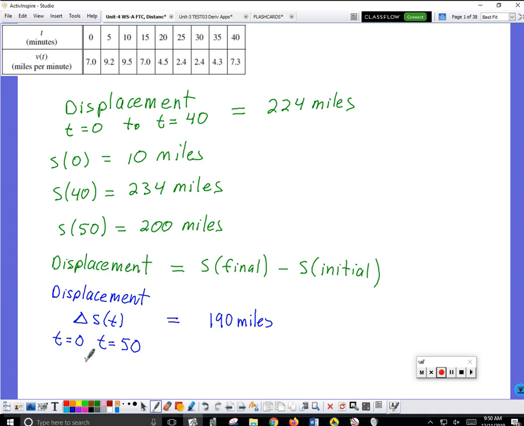The thing they're going to ask you for is if the plane actually does start here and it only goes to the right for the first 40 minutes, which is what we see happening as far as we know, and then the plane comes back to the left for the next 10 minutes, they will also likely ask you to figure out the total distance that the plane travels. So now to find this, okay,